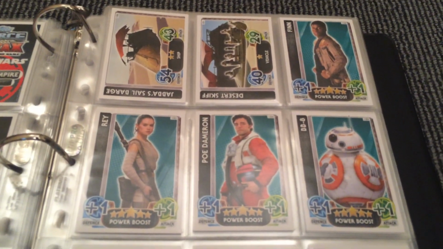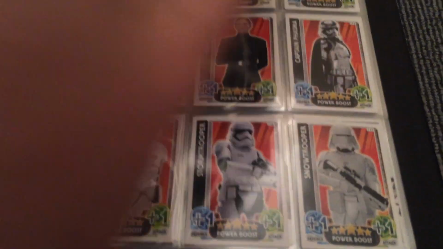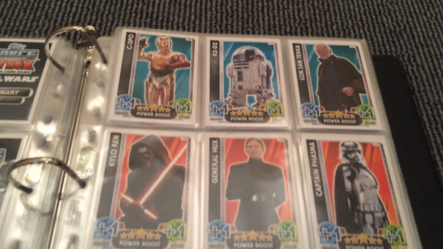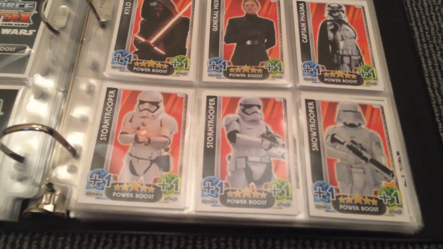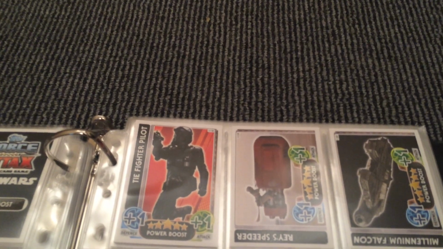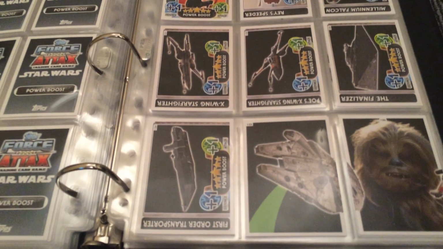We've got Finn, Rey, Poe Dameron, BB-8, the new droid, Han Solo, Chewbacca, and General Leia Organa. The good old droids C-3PO and R2-D2. And then we've got Lor San Tekka, and Kylo Ren, General Hux, Captain Phasma, Stormtrooper in two different versions, and then we've got a Snowtrooper, a TIE Fighter pilot, then we've got Rey's Speeder, Millennium Falcon, an X-Wing Starfighter, Poe's X-Wing Starfighter, the Finalizer, First Order Transport,